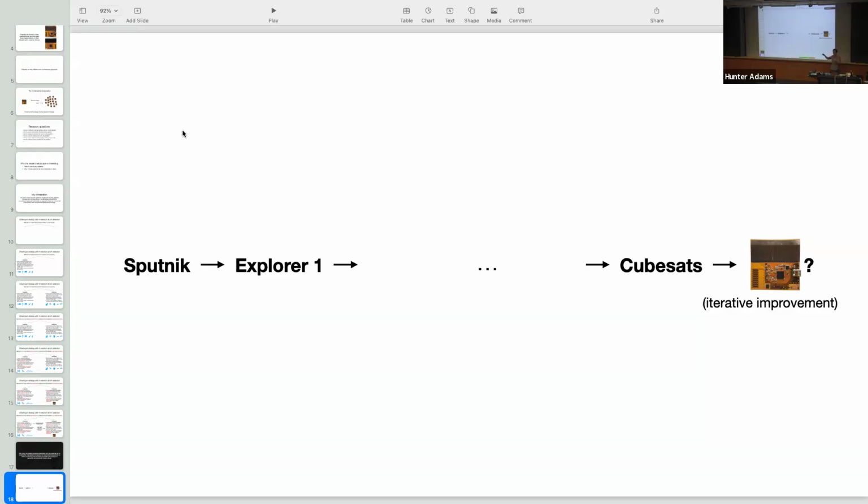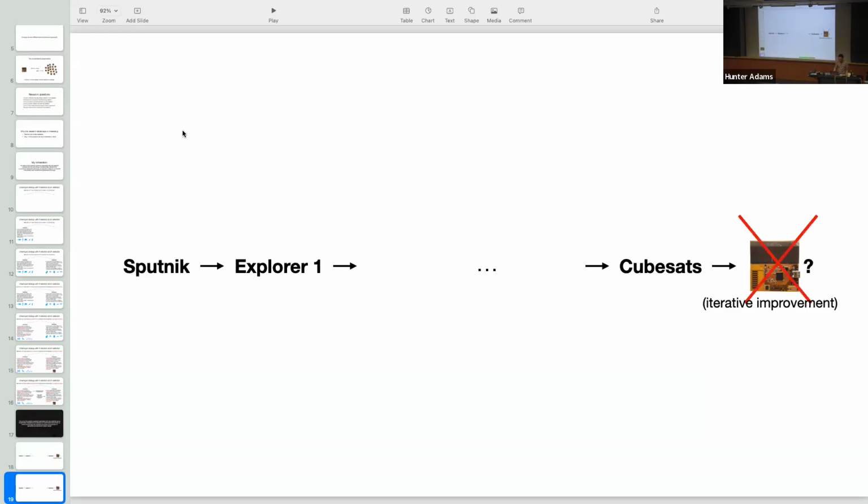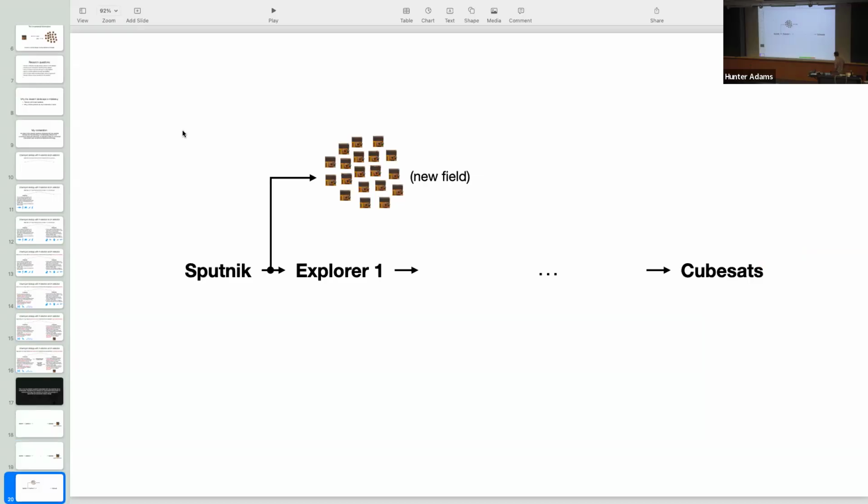You split the spacecraft into perhaps a million different pieces and distribute it. I think that's the innovation. So I don't think that's quite right. And so where do you put this? And I don't know exactly, but I think it breaks off and is kind of its own different evolutionary path, with perhaps the most recent common ancestor between chipsat swarms and conventional satellites being, maybe not Sputnik, but something early on. That would be the claim.